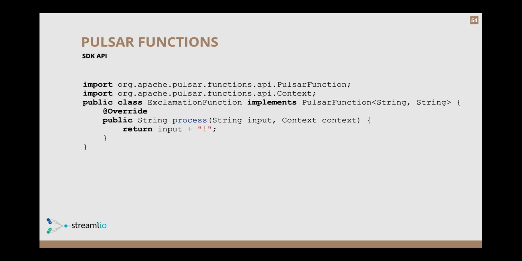The big difference here is that the method name is now called process, and in addition to getting the input data string as you did in the previous one, you're also provided a context object, which provides hooks back into the processing framework, which allows you to do logging, get access to configuration variables, record metrics, get metrics, store state, things of that nature. But again, it's a very slight deviation, for which you get a lot. So that's the SDK API.